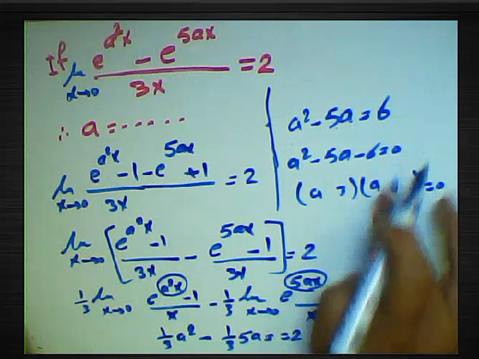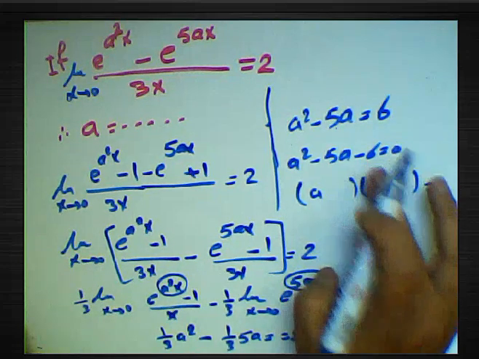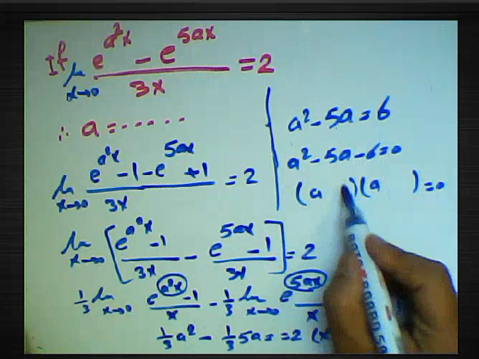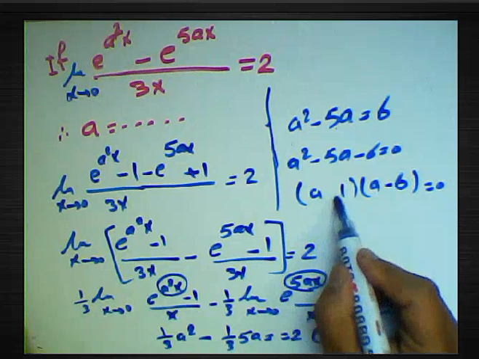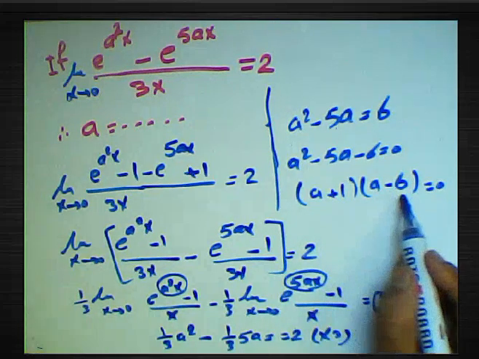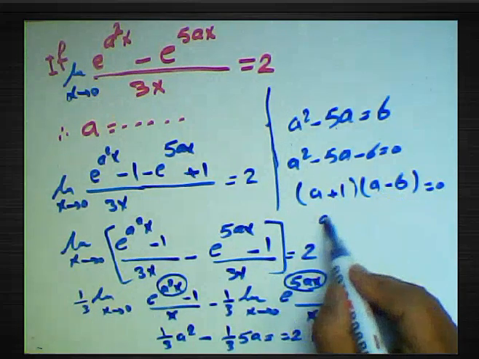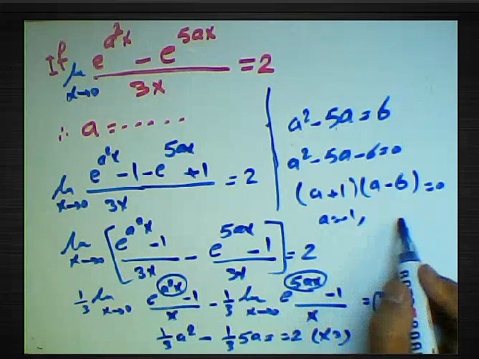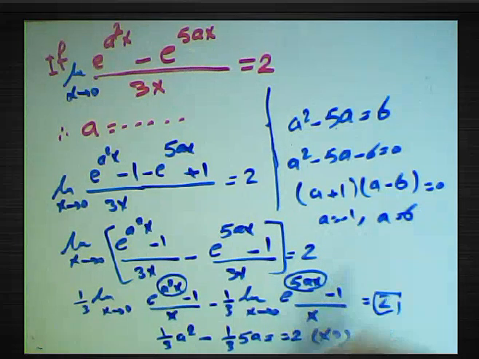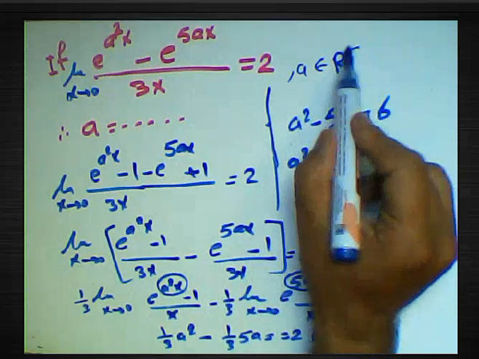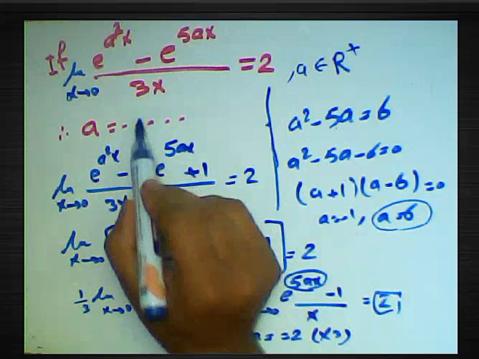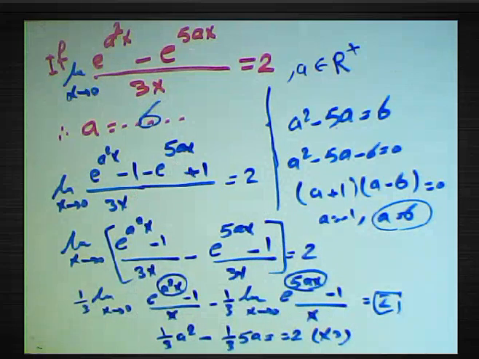No, we want to find two numbers whose product is 6 and whose difference is 5: 1 times 6, the greater one like the denominator, and here the difference, positive and negative. Then a equals negative 1 and a equals 6. And the given information says a is positive, so the result will be 6. a will be equal to 6. Okay,